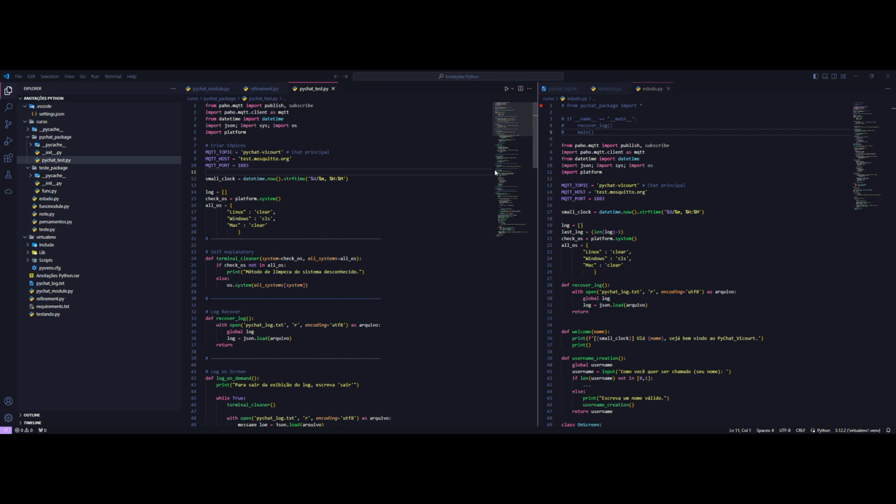This is one of my newest projects, which is some sort of chat using integration between Python, JSON, and the MQTT protocol. If you don't know what the MQTT protocol is, it's basically a highway which sends something in a topic, and if you subscribe on the other side, you will receive the same message that was sent. It's basically some sort of